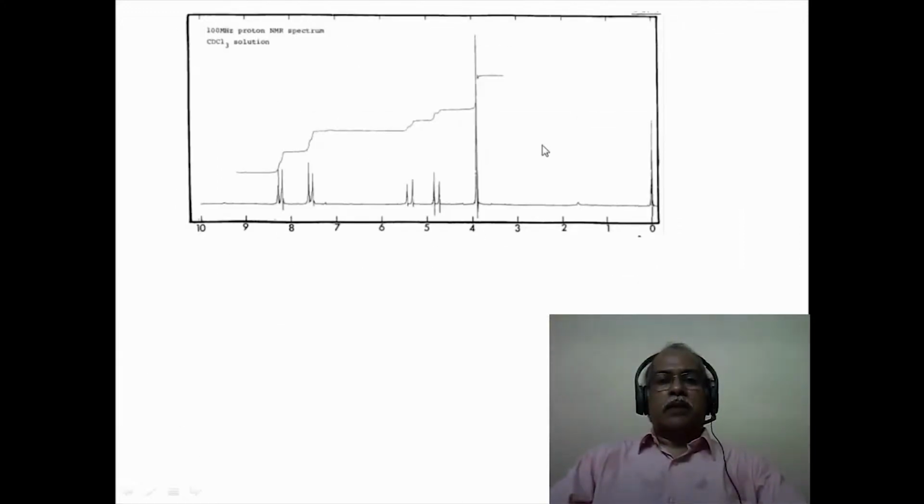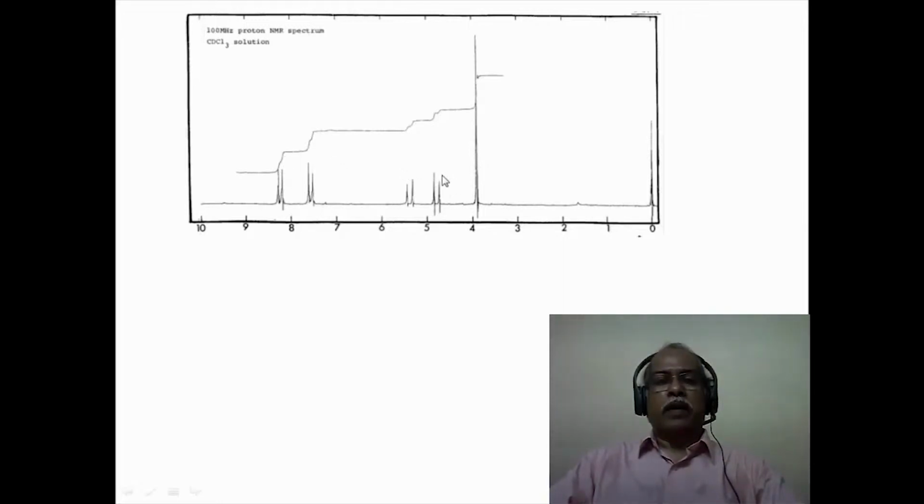Now this is the proton NMR spectrum of this particular compound. Once you see this particular pattern, this would correspond to a para disubstituted aromatic derivative. Now before we go into that, it is important to measure the intensities of these peaks. So one has to measure, using a ruler and a pencil, the height of this particular integration, the height of this particular integration. It is roughly a 1:1 ratio in terms of the proportion of the two integrals. This one here is a singlet. Most likely this would correspond to a 3 hydrogen intensity. So if this is a 3 hydrogen intensity, this would be roughly 2 hydrogen and 2 hydrogen intensity respectively.